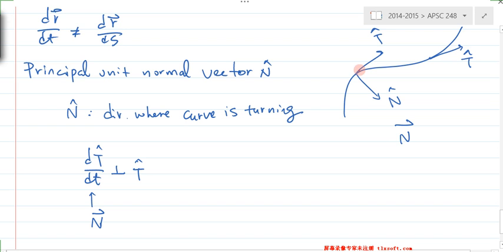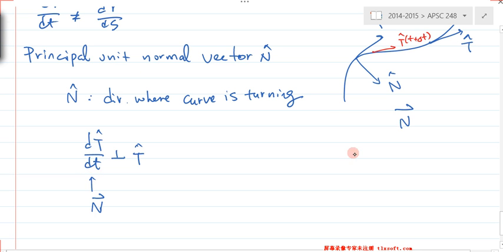So for example, this is a moment at t, this is a t hat here. If I draw my curve here, let's say at this location, and this is another t hat. So let's say this is t here, and this is t plus delta t. It's t plus delta t here. So these two vectors, if you move these two vectors together, so this is at t,